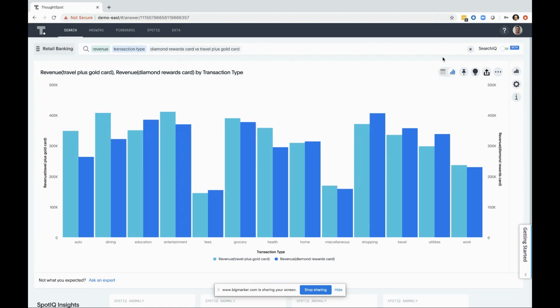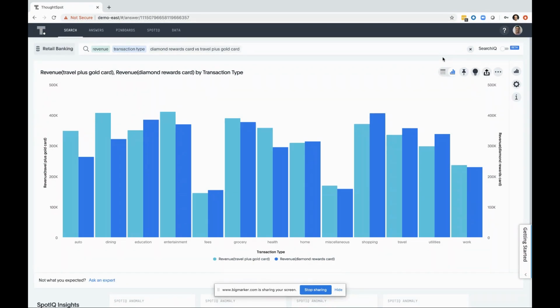But the end user experience is not that. The end user experience is a very consumer-like approach. The translation behind the hood in ThoughtSpot makes it a technical query in a database house. So that's part of the magic here. So we're quickly comparing now 2 different cards, and we are seeing where customers are spending differently across these 2,